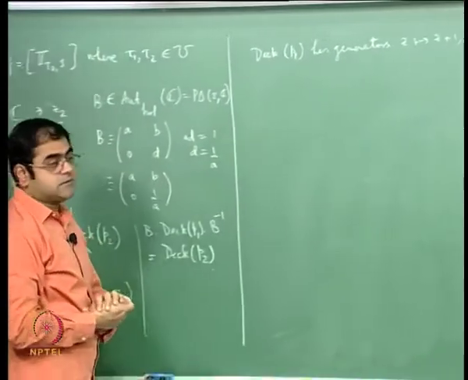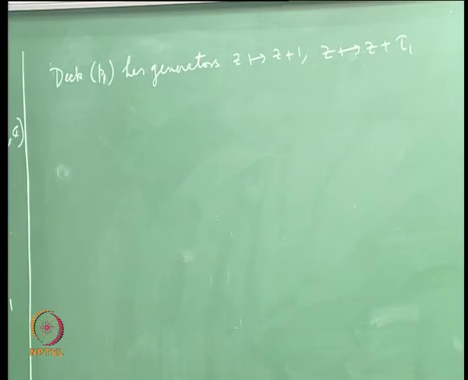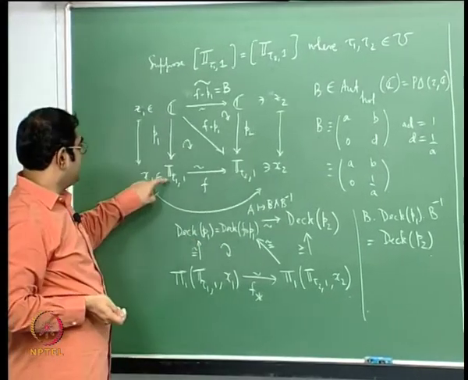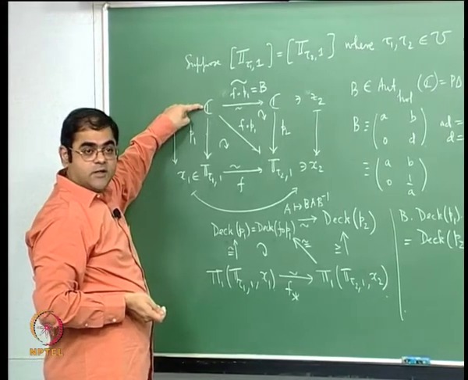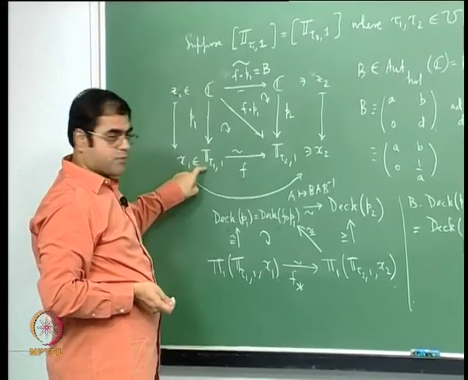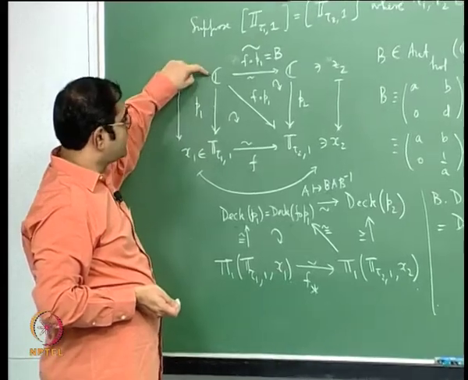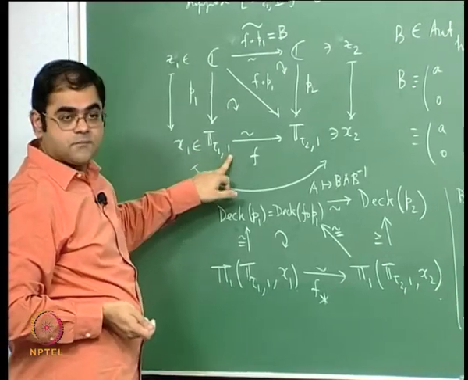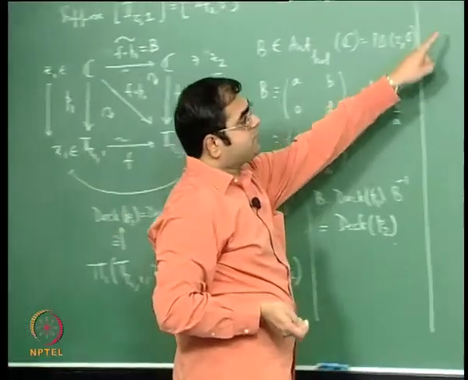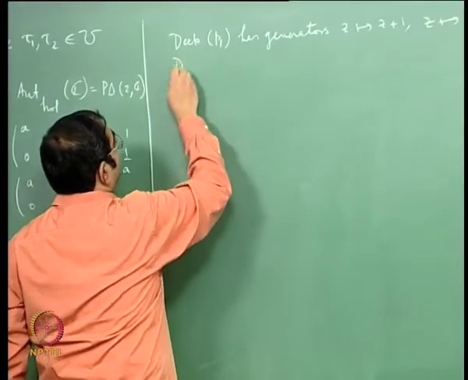These are the generators of the deck transformation group. After all, the deck transformation group is precisely the subgroup of holomorphic automorphisms that you have to go mod to get this torus, and the subgroup of holomorphic automorphisms here are translations by integer multiples of tau 1 and 1, okay. So you get this, okay, and similarly deck P2